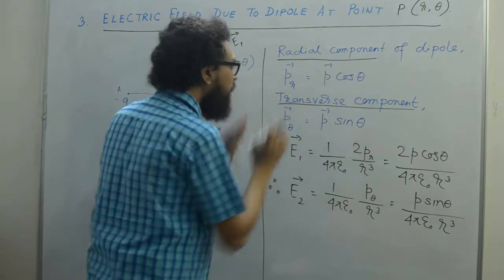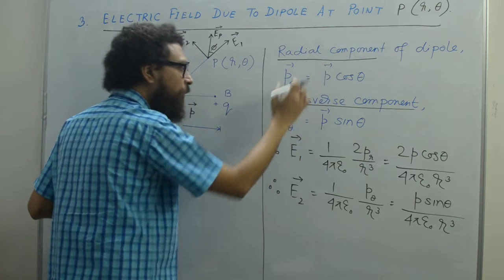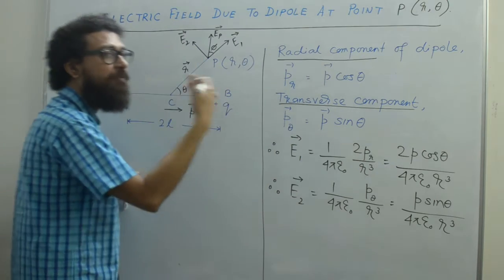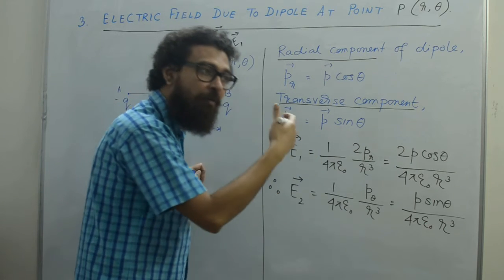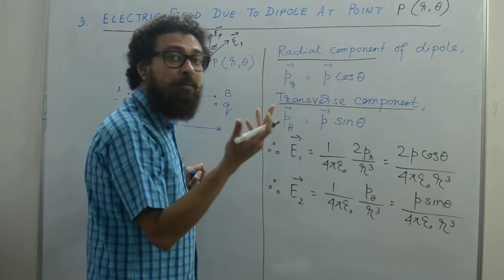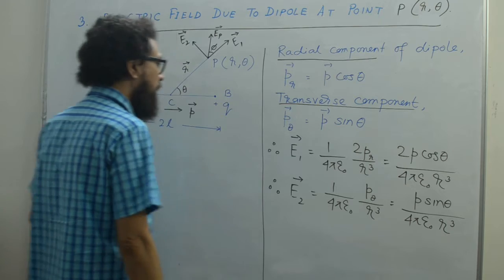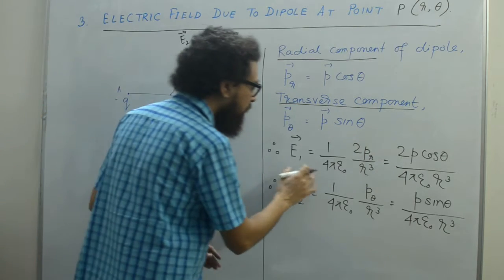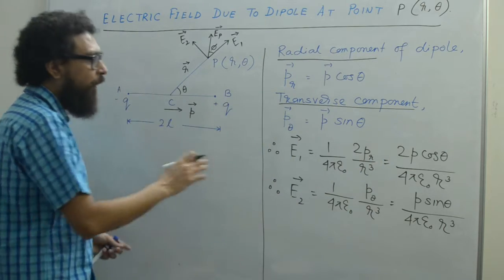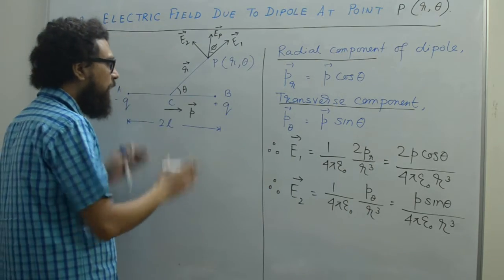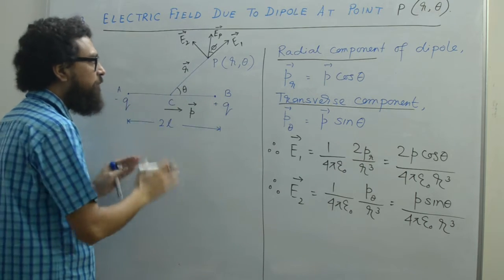Now for these two particular dipole moments, we will have two fields, E1 and E2. Don't confuse: these are the dipole moments, and E1 and E2 are the fields due to these dipole moments, like we did for the axial point or for the equatorial point. So now we have these two components of the dipole. Now we are writing E1 first. Now what is E1? 1 by 4 pi epsilon naught 2 PR by r cube. Here, why am I writing 2 PR by r cube? Because we are assuming that this is a small dipole, because this point is quite far away. So this is a small dipole as compared to r.